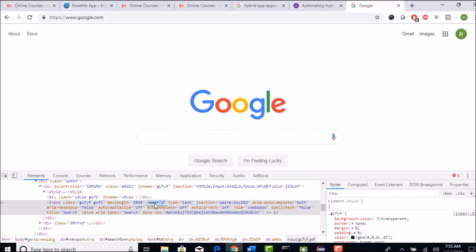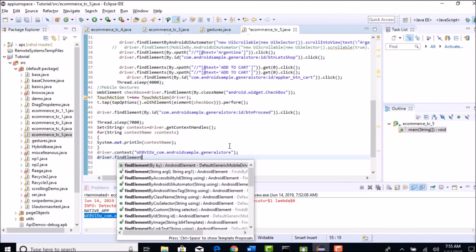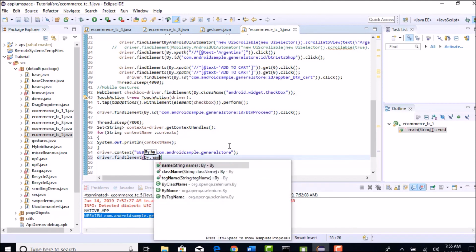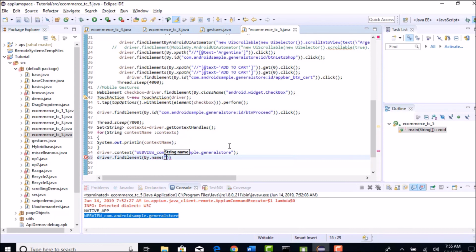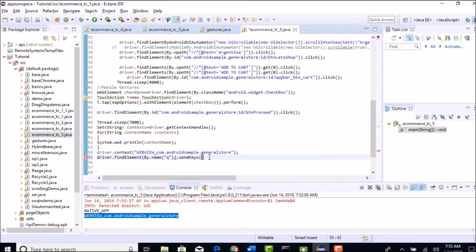So I can simply say driver.findElement by.name and send some information into this edit box. Okay, you are doing this only after switching your context, and then send keys hello.